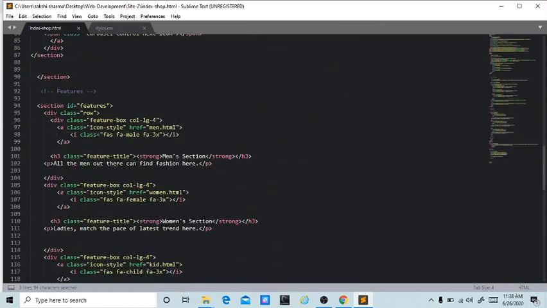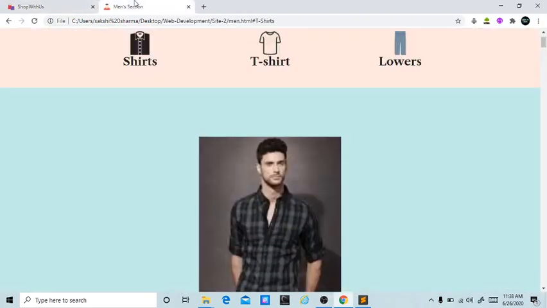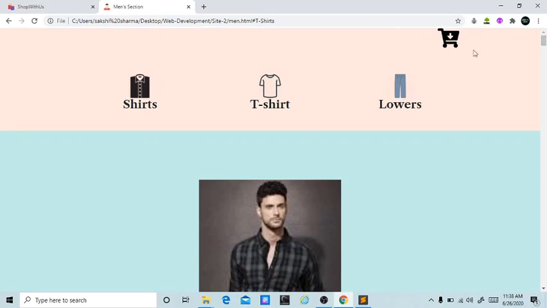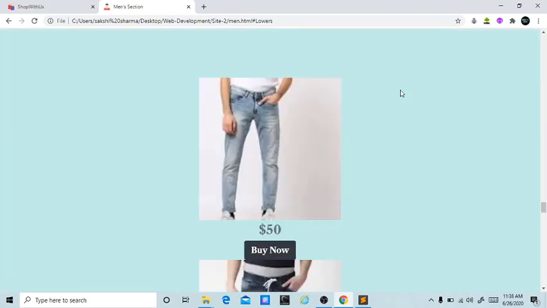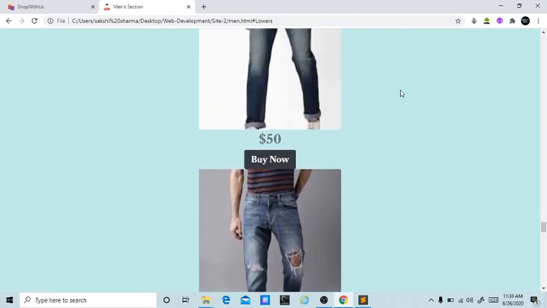So now we'll be creating this page, and this is what it should look like. The card icon is from Font Awesome. And when we click on it, nothing happens because it's just a design and no functionality has been added to it. But when I click on the lower icon, there is jeans,